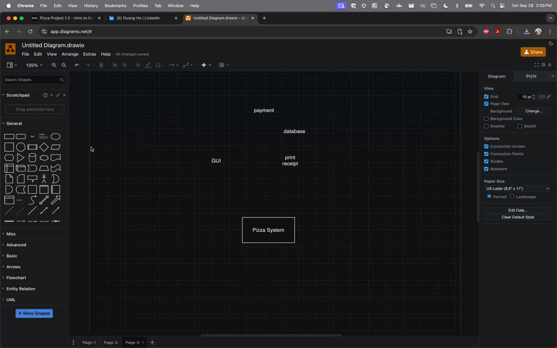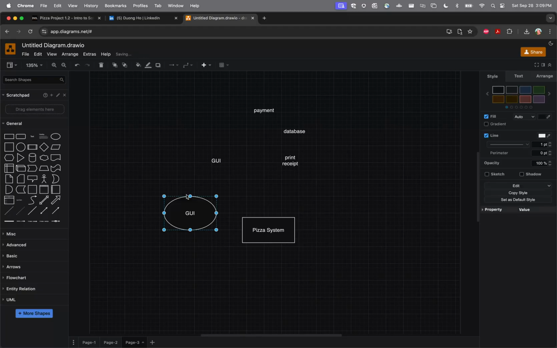So you would have a context that says GUI. You have another one that says payment system. You have another one that says GUI or order menu. And if you don't know what GUI stands for, it stands for graphical user interface, which just means